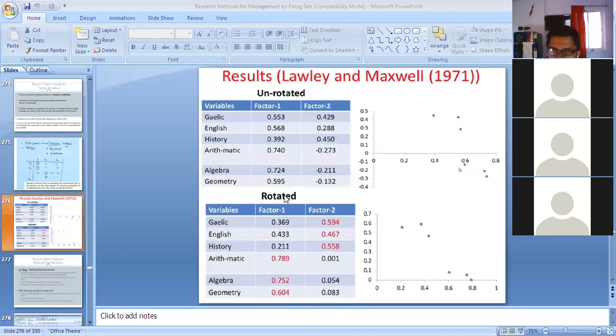After the rotation, it may so happen that the difference in some variables has been reduced. But that doesn't mean that the rotated matrix is inferior as compared to the unrotated matrix, because you need to consider it on an overall basis.